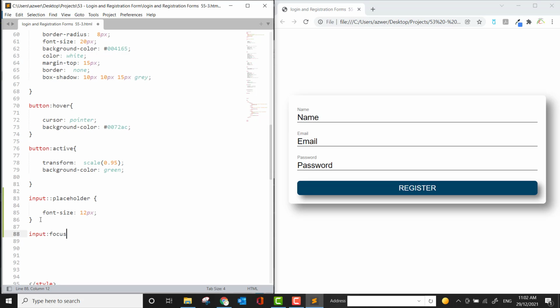focus and then the pseudo element placeholder and opening curly bracket and a closing curly bracket, and I will say opacity, and I'll adjust this opacity to 0. It means it will become invisible. So if I save it and if I refresh it, notice as soon as I click into this input field,